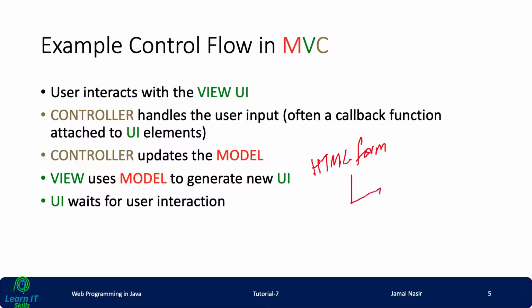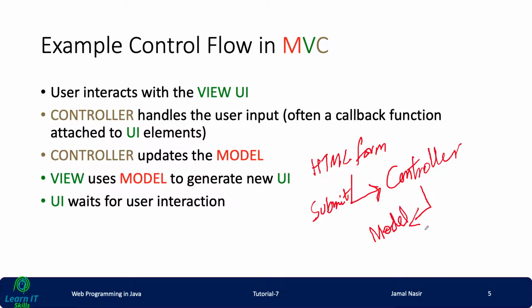So when you submit your information, it will go to the controller, right? Then controller will ask the model to check user authentication, right? So it will ask the model what to do,